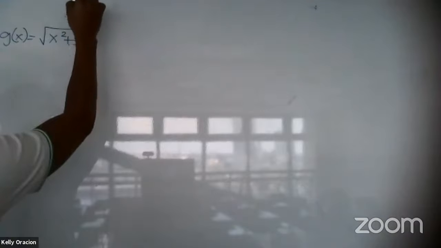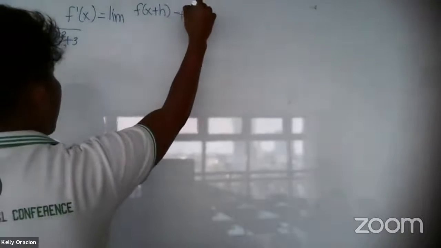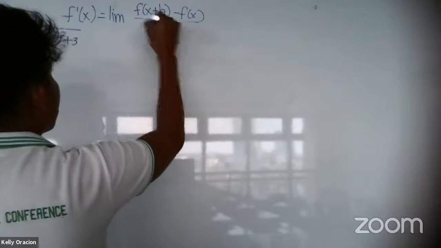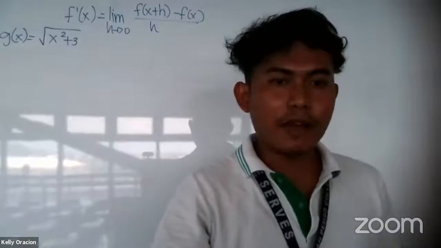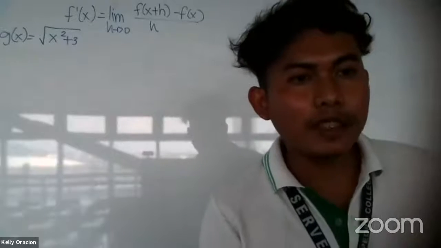Okay. Take note that the definition of a derivative, we have f prime x is equal to the limit of f of x plus h minus f of x over h as h approaches 0. Yan yung definition ng derivative yung kahapon. So same pa rin ang instruction, ang step that you need to substitute first